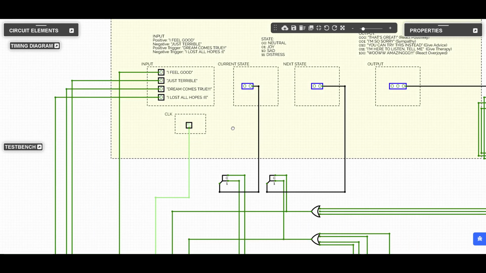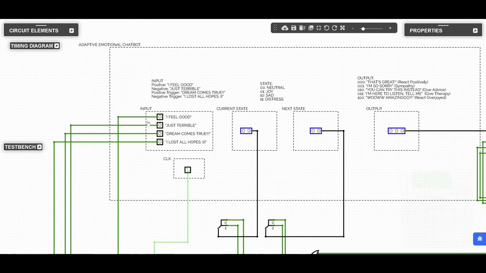And another thing that the user has to notice is that they should only turn on one input. When one input is turned on, the other inputs have to be turned off to make sure that the circuit doesn't make a mistake when the user chooses a lot of inputs. So I have to remind you that only one input is turned on.